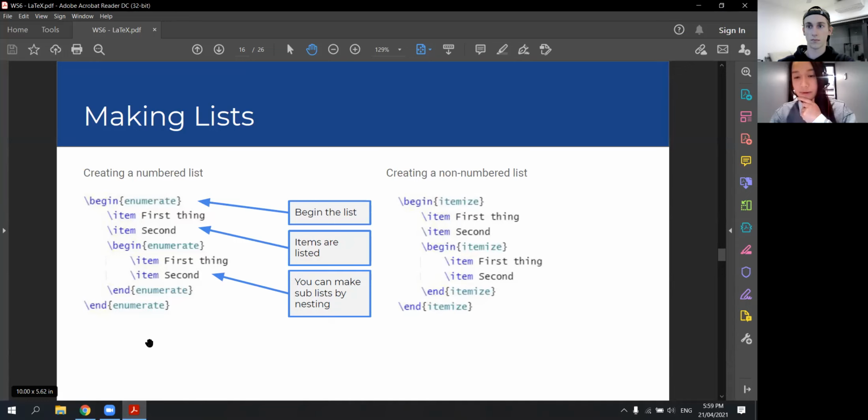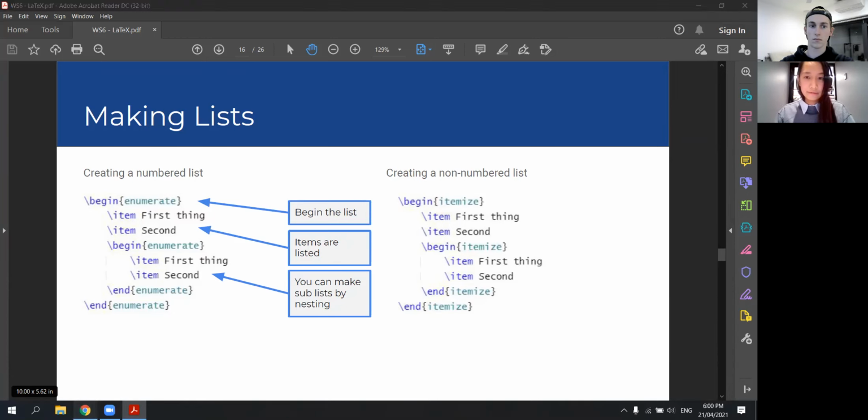All right, making lists. There are a couple of ways that we can make lists. Two main ones are numbered list and non-numbered list. In this slide, using the enumerate function will classify this to be a numbered list, and all of our items are defined by the item tag. So if we go to Overleaf,